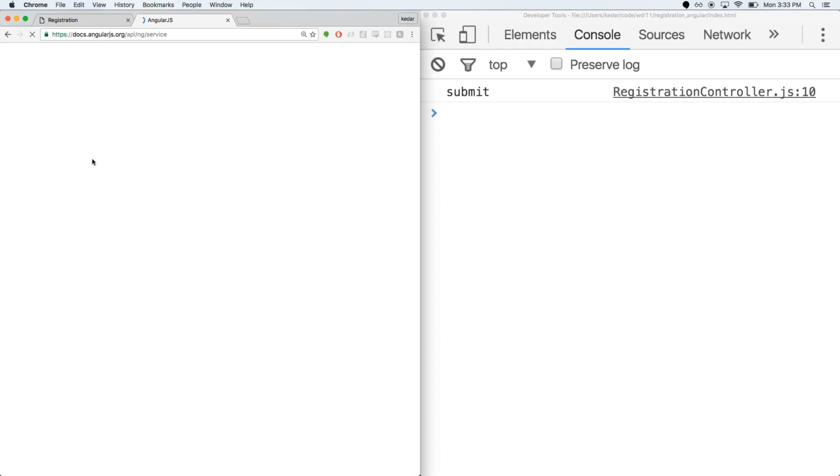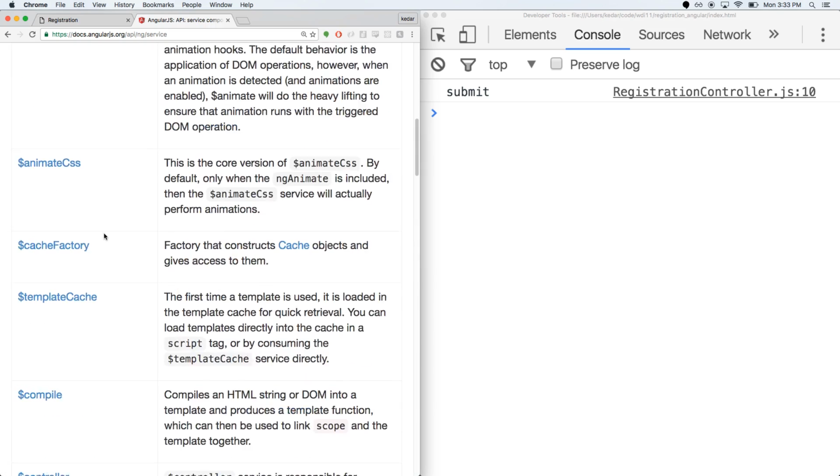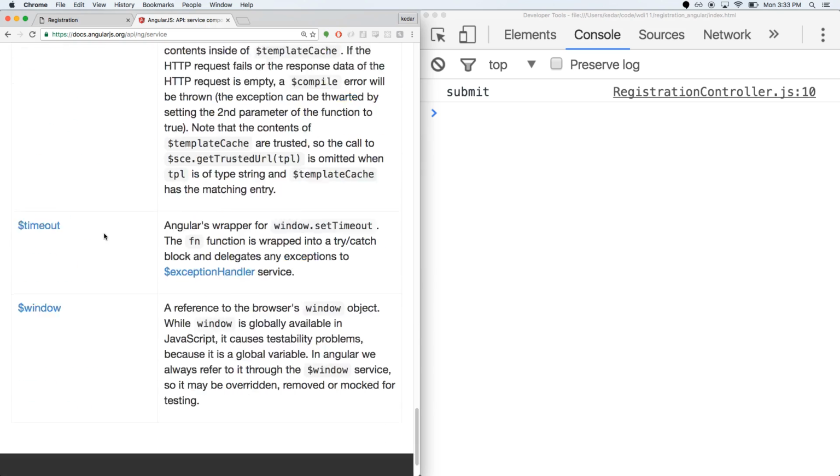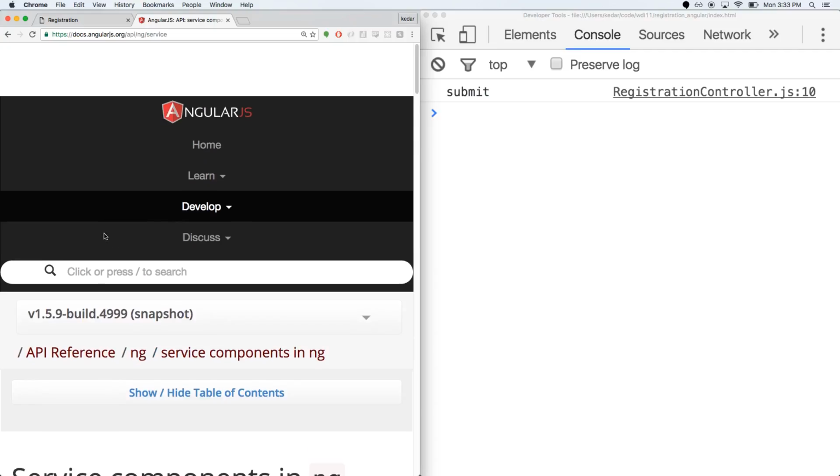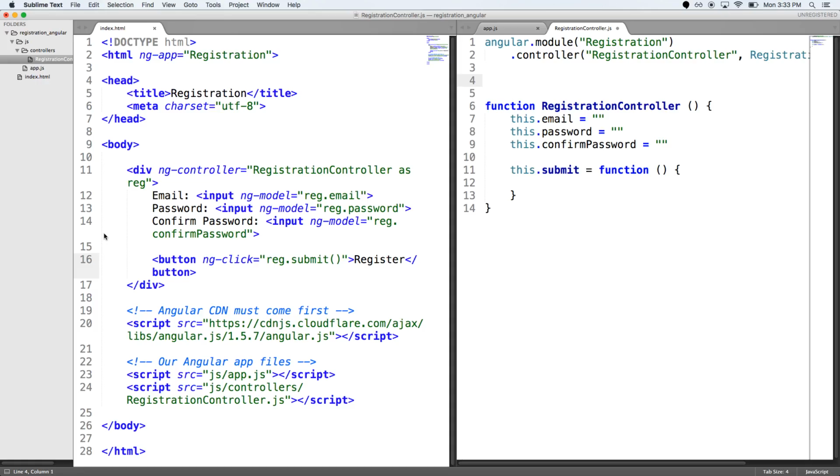If you look up Angular built-in services, you'll get this giant list of services that are available to you. It's not too important what these are. These are the extensible modules that I was talking about. There's a few that you actually need to include a separate file for, but there's a ton that are just built into the main Angular file itself. And in order to use them, you have to call